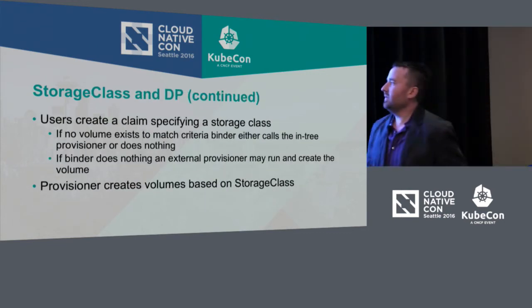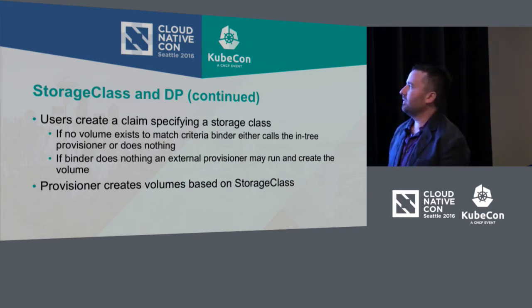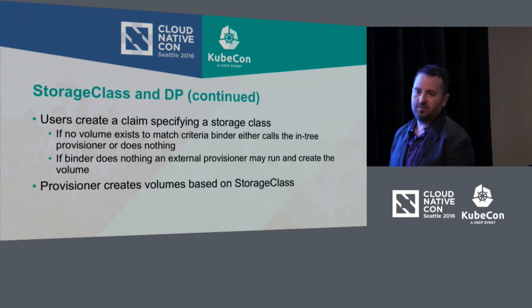So the flow for users requesting storage of a storage class is really through the claim. The claim's the user-owned object. So pretty much any communication the user does with the framework is through the claim. They'll create a claim, and then the binder will look and check if there's a type that matches the claim